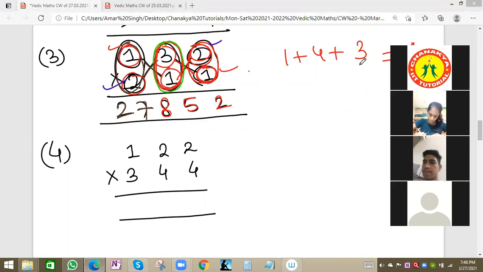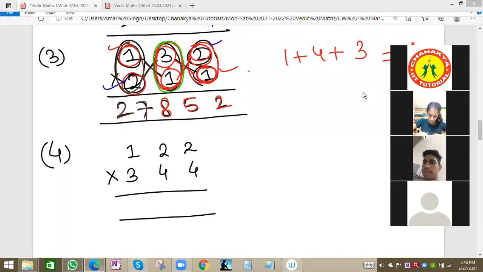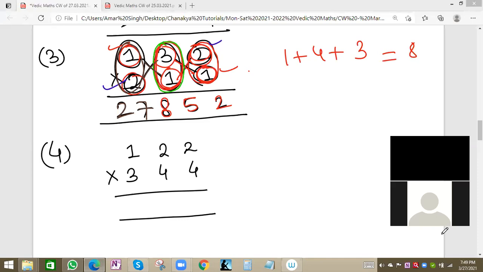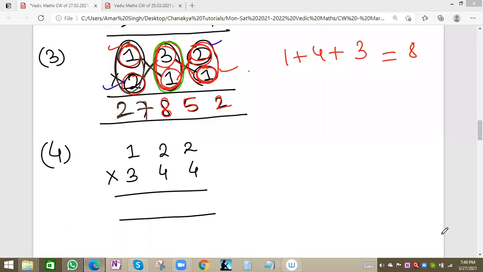So what is the answer? 41968. Right, Vedika, this time your answer is correct. Right, 41968. Pratibha is also correct. Ashish also correct. Steve's answer also correct. Pratusha right answer. Tanzila right answer. 41968 is the right answer. Correct. Sarah also right answer. Rashul also correct. See, same method we'll see.